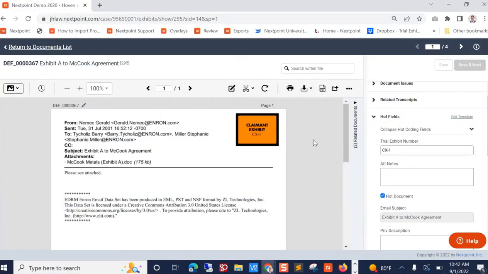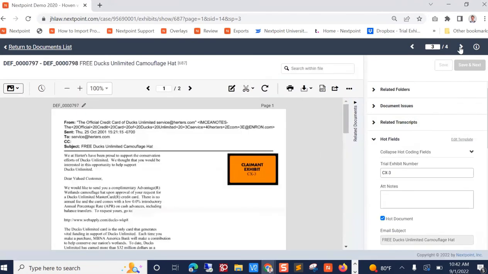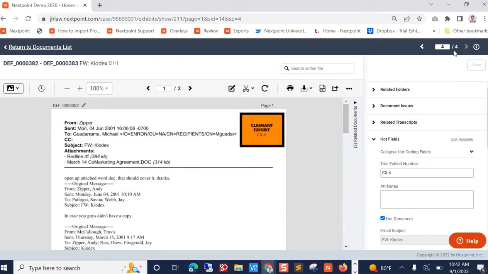And as you can see at this point, all of our exhibits are stamped. They're stamped in the places that we put the stamps. And you can see they show up exactly as we expected them to. So at this point, we're ready to export an exhibit list and potentially PDFs of each exhibit to create like